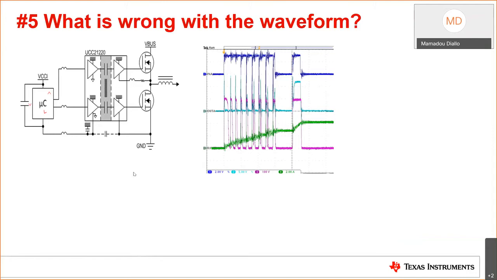All right, looks like we have both option B, 9% of you guys with non-optimized layout. Yes, that's true. That could be a possible cause. Also, noise on input from either di/dt from the power stage or ground bounce from the power stage as well. So both B and C are really good options here.